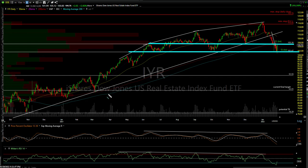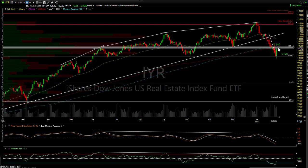And look at these 200-day moving averages right here. There's, in red, the exponential and the simple. They come in together, so you have a confluence of resistance just overhead. That's the theme here. Same with the S&P 500. You have the 200 days, you have price resistance, and